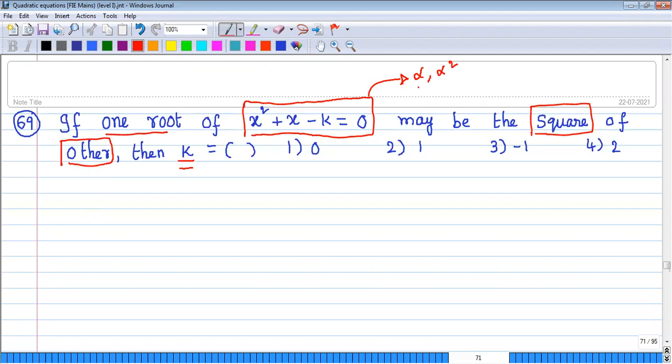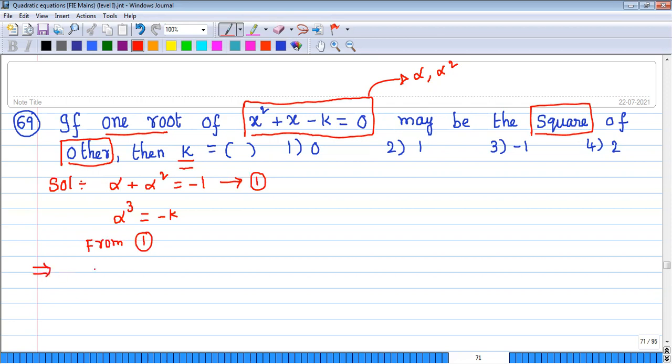So as we know the roots of this one, we can find out sum. So sum is given by alpha plus alpha square, that is minus coefficient of x by coefficient of x square, that is minus 1. Say equation 1. This is product alpha into alpha square, alpha cube. See, alpha cube is equal to minus constant term by coefficient of x square, that is minus k. Now from 1,